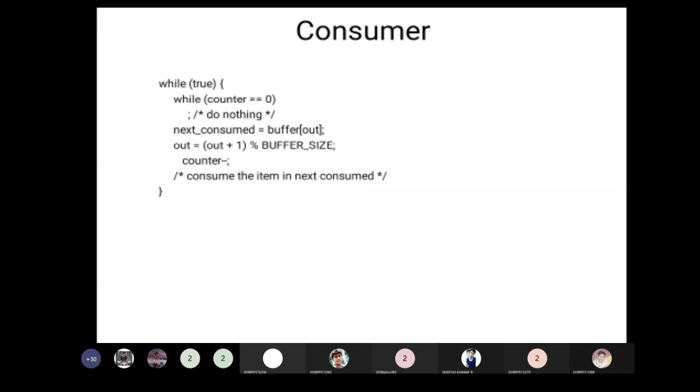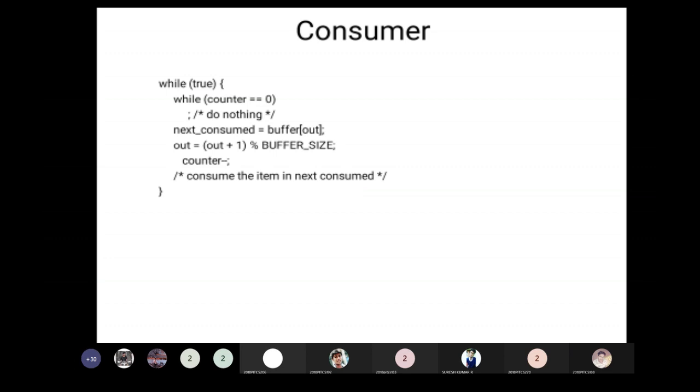He is going to access the bag. Every time he takes one chocolate, the counter is decremented from the consumer side. Every time a chocolate is taken out, the counter variable is checked, and when it becomes equal to 0, that means there is no further chocolate to be taken; that is taken care of by the consumer side.